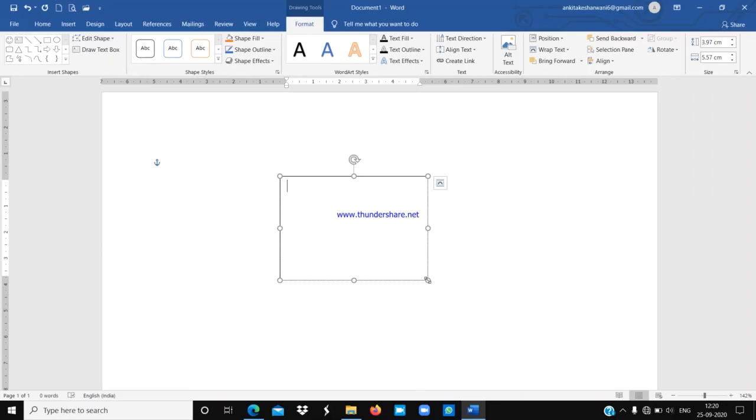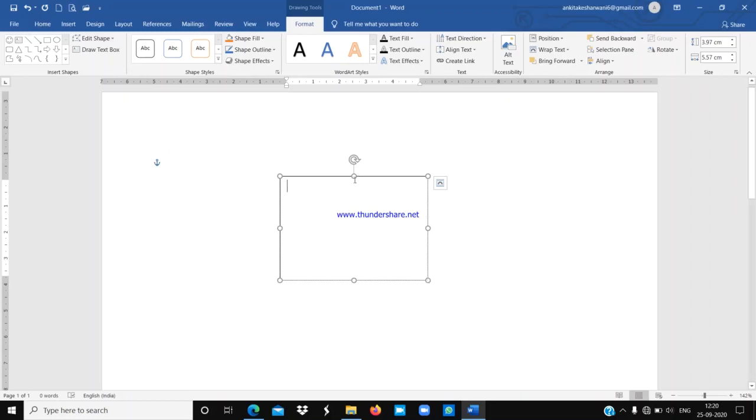The text box will be drawn with the insertion point inside it. You can observe the insertion point is blinking inside this text box. Understood everyone?